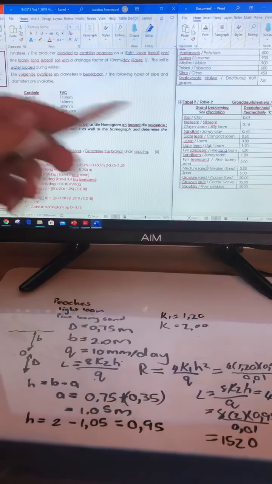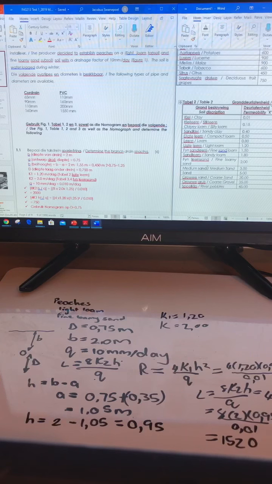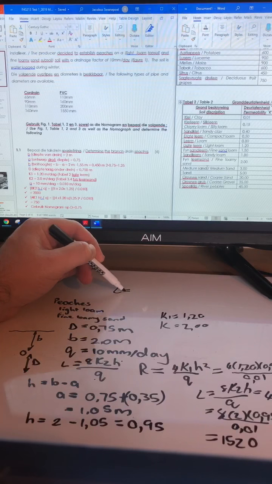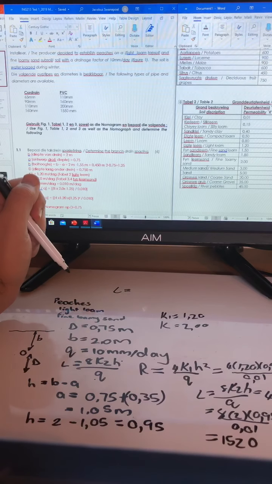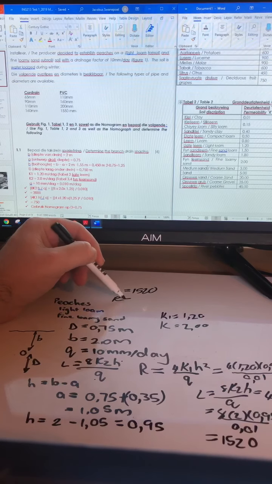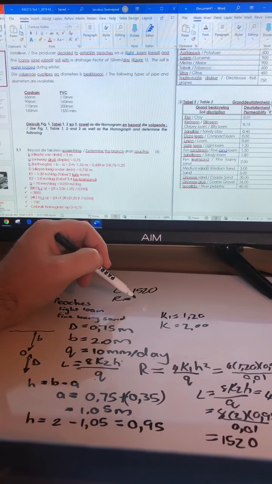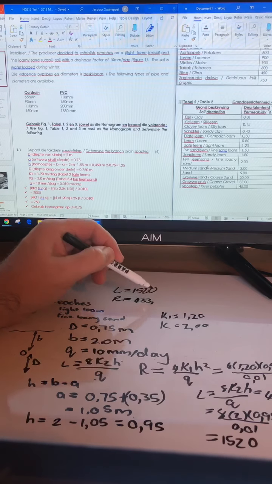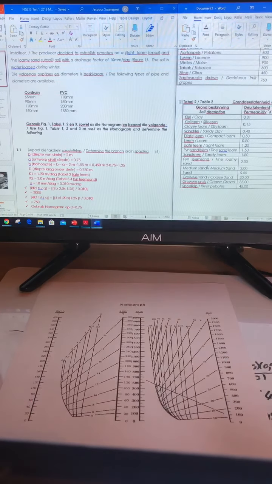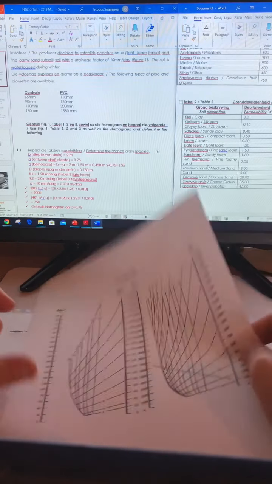Okay, so I'm going to take out my nomograph now. So I'll write that at the top. The value that you got for the left hand side was 1520, and the value that you got for the right hand side is 433,2. So now you take out your nomograph, which looks like this, and so you'll see that if I hold